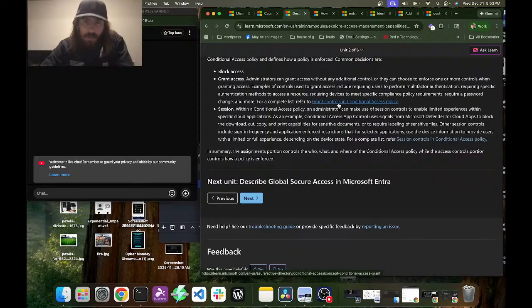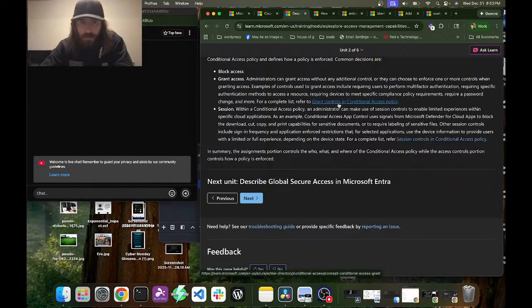Session. Within a conditional access policy, an administrator can make use of session controls to enable limited experiences within specific cloud applications. As an example, conditional access app control uses signals from Microsoft Defender for Cloud Apps to block the download, cut, copy, and print capabilities for sensitive documents, or to require labeling of sensitive files.